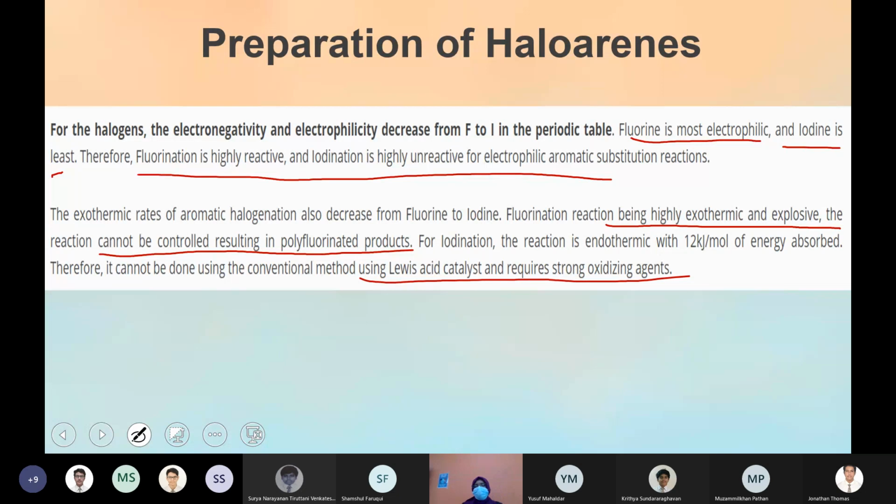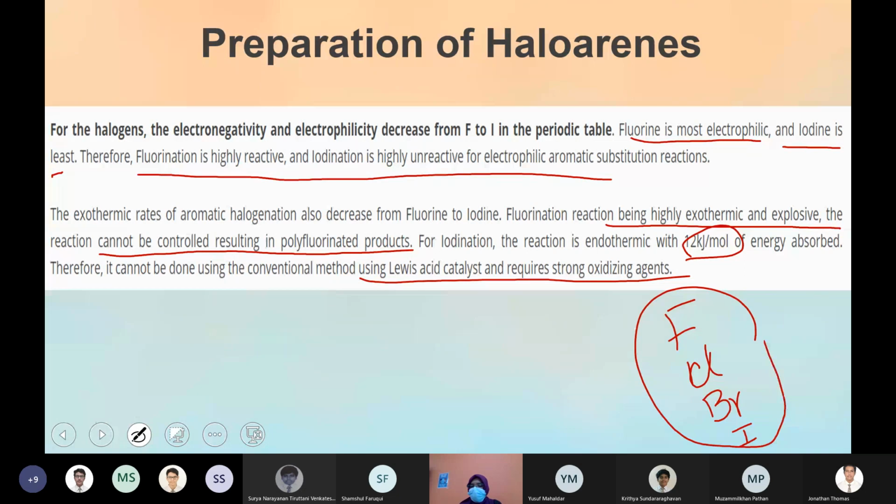So just read it, reframe it in your own words and write. No need to use all that kind of explanation. The first thing you need to be very clear about is the position: the method is electrophilic substitution. So the stronger the electrophile, the faster or more vigorous the reaction. Among these four halogens, fluorine is the more reactive electrophile and iodine is the least, or the weak one. So the reaction with fluorine will be highly explosive and uncontrollable.